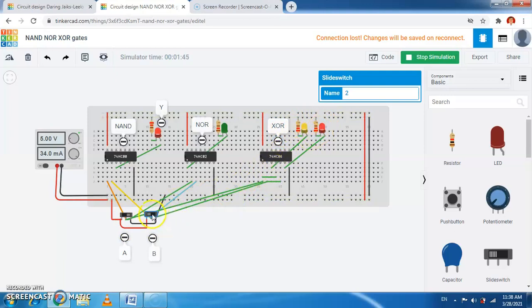Now we can make both 0. So both the inputs are 0, the output of the NAND gate is 1 here. Now for the NOR gate, same, you can get the output 0, 1. And for the exclusive OR gate, since both the inputs are 0, 0, they are same here, the output is 0, 0. So in this way we can simulate this experiment here.